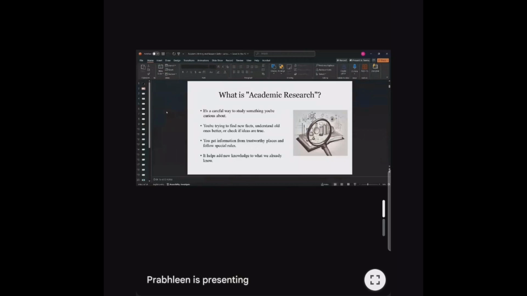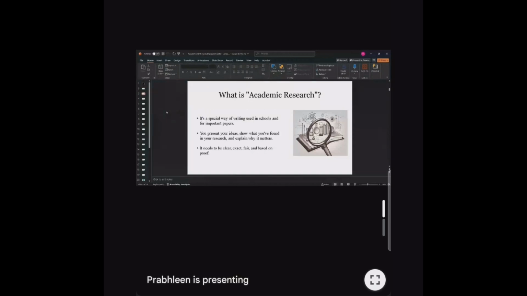Similarly, if I want to find something new, I go and do research on it. We do research every day in our life without even realizing it. But in the academic field, it's more systematic and more qualitative. Basically, here you present your academic research in the form of research papers,